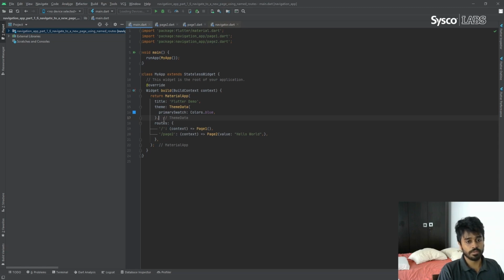When we start the application, we want to go to page 1, but now I have removed that home variable from the MaterialApp, and I have added routes. Using the routes variable, you can provide a string route, and depending on that route, you can navigate to any of these pages.